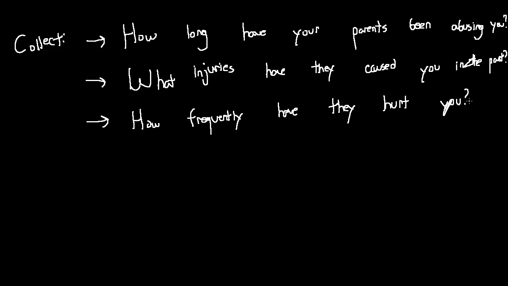These three questions here, we really want to get an idea of what we're up against, right? We know that child abuse is a horrible thing. It's absolutely horrific. So we know it's a bad thing. We want to see how bad it is. We want to see how frequently these things are happening, so we know what type of timeline we're dealing with, because we are going to find a way to help this kid. But we want to see how we're going to go about doing it.